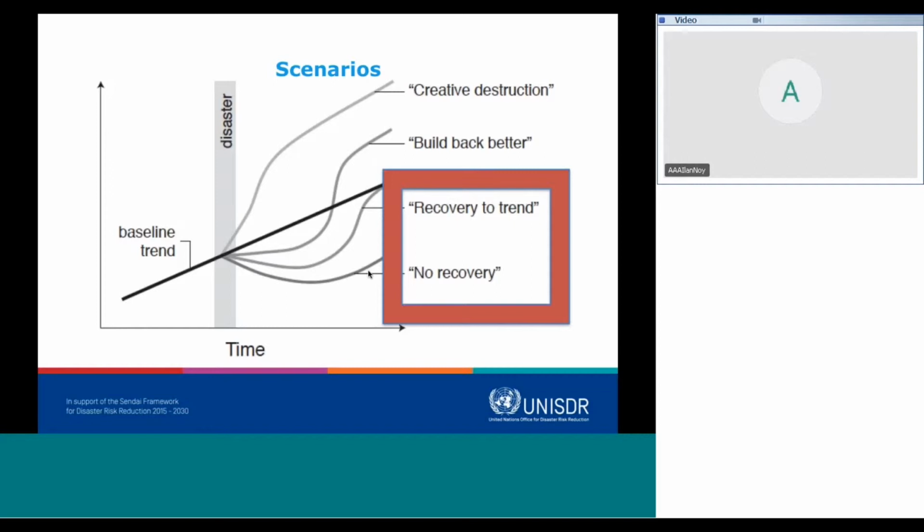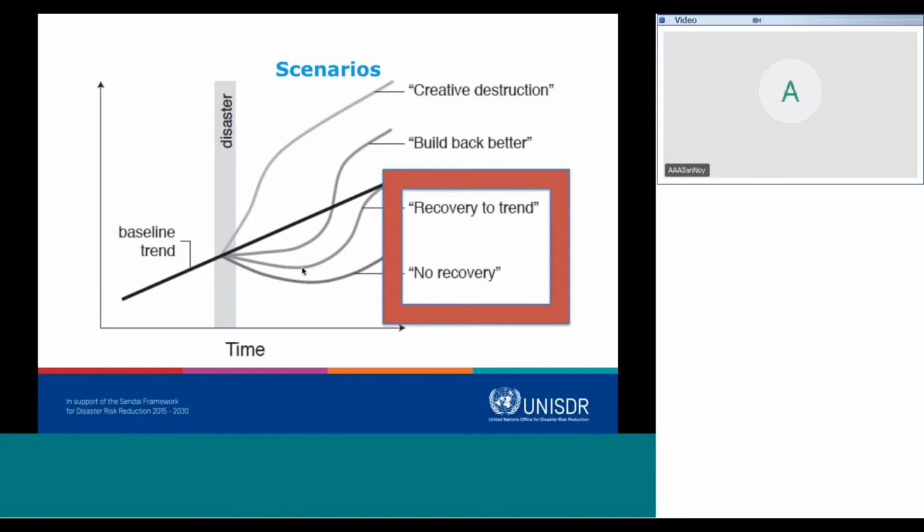at a recovery back to trend and how long it takes to recover back to trend, because if it takes a much longer period of time, then of course the indirect loss is much higher. And of course, if there is no recovery, then potentially the indirect losses are humongous. If this slowdown persists for years, decades, and maybe generations, then the impact of this event is so much higher, so that our need to invest more, as Sahar already said, to invest more now in prevention and risk reduction